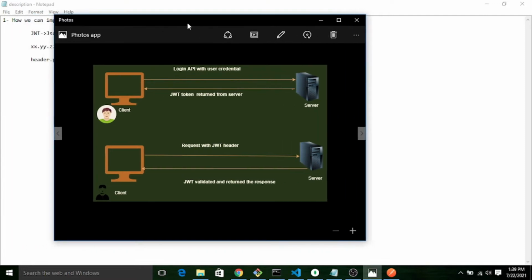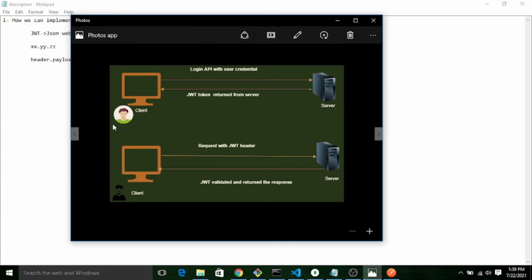If you can see this diagram, here in the first section, the client will request one login API with some user credential or some input payload. Once the server validates those payload with the database, that means that user is an authenticated user.